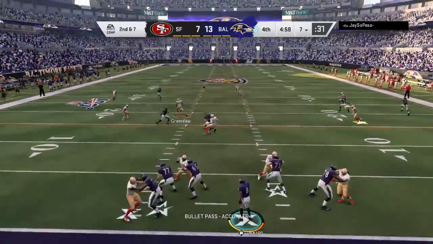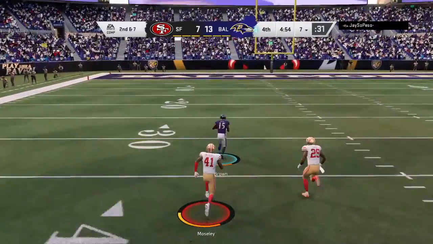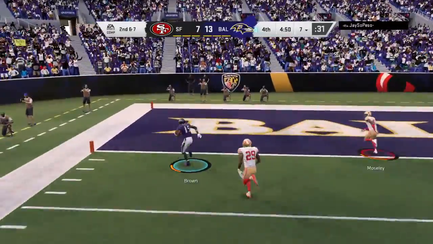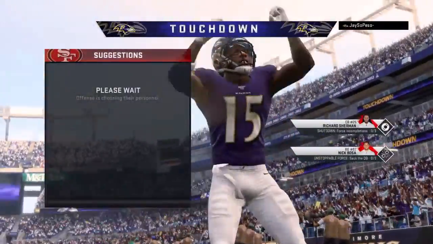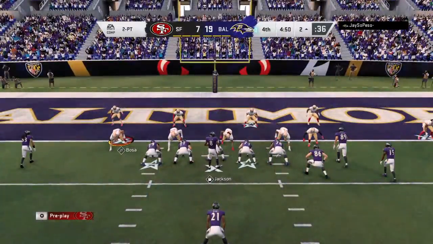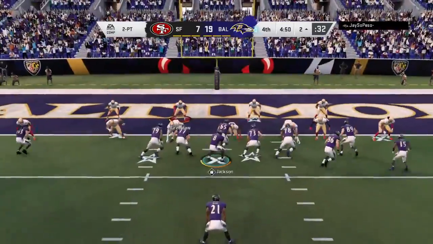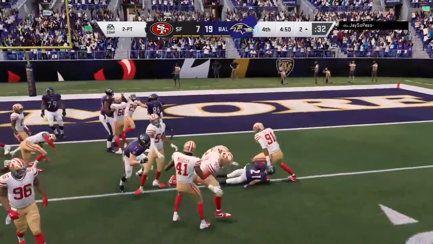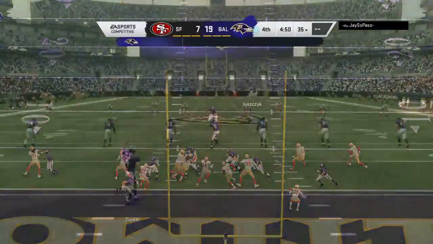On 2nd and 7, Jackson. He's got a man complete. He's at the 40, 20, 10, 5, and all the way in for a Ravens touchdown. Hollywood Marquise Brown, 93 yards as the Ravens push further out in front. So from back deep in their home territory all the way into the end zone, you think they expected to